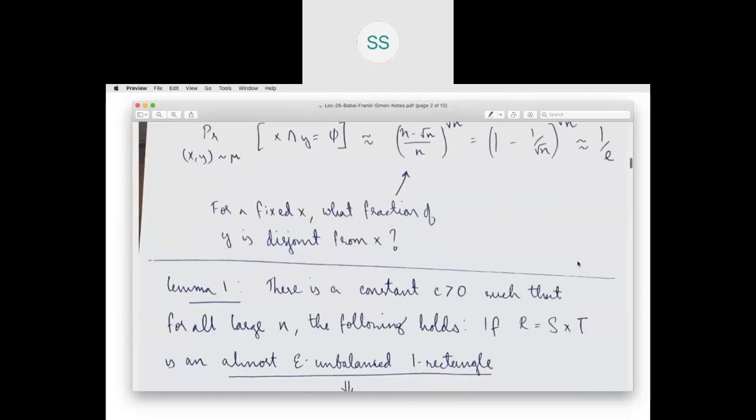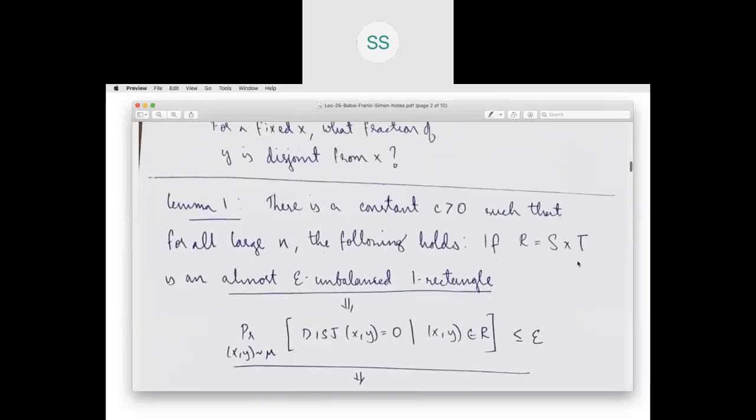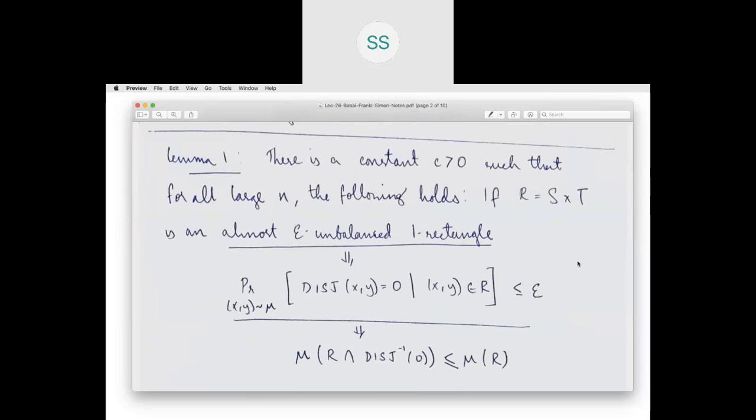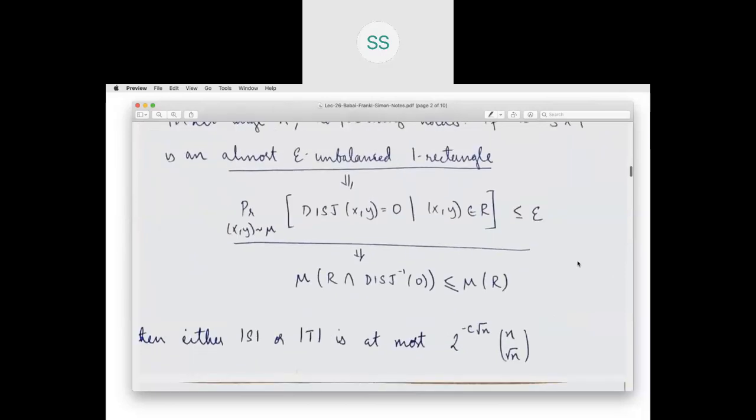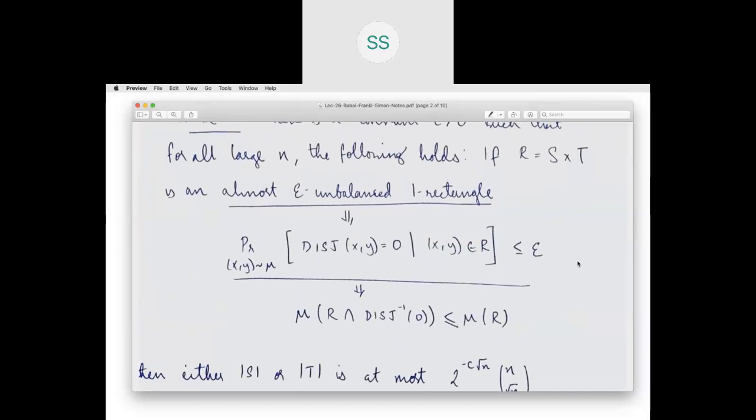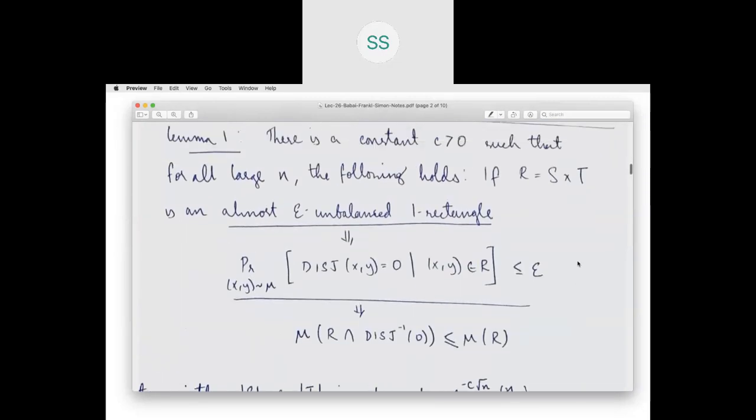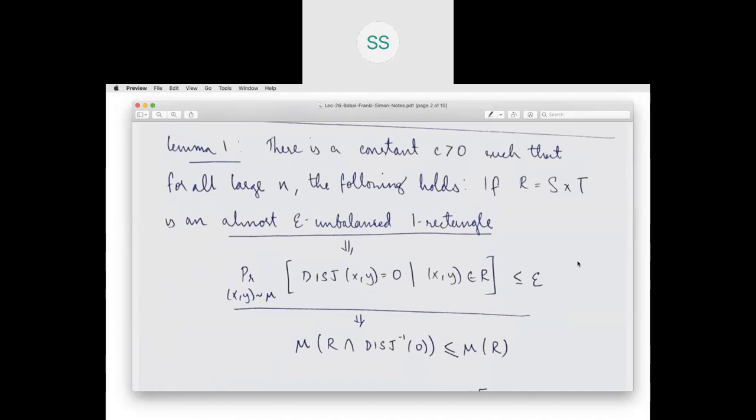Okay. Now let us go to lemma 1, which is the formalization of what I said earlier. Any almost monochromatic rectangle is going to be small, right? Okay, so let me formally state it. Instead of almost monochromatic, I'm going to use another terminology called an epsilon-unbalanced one rectangle. So what does it mean? It means that